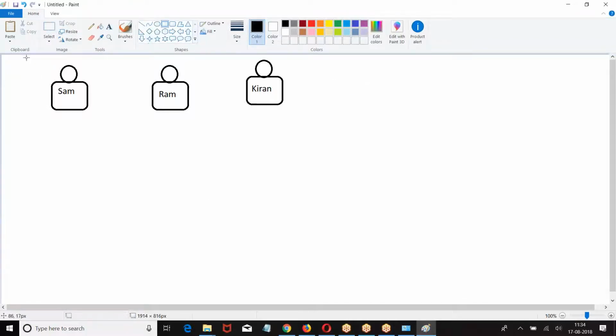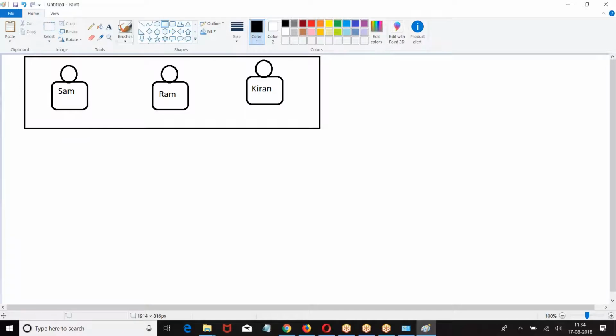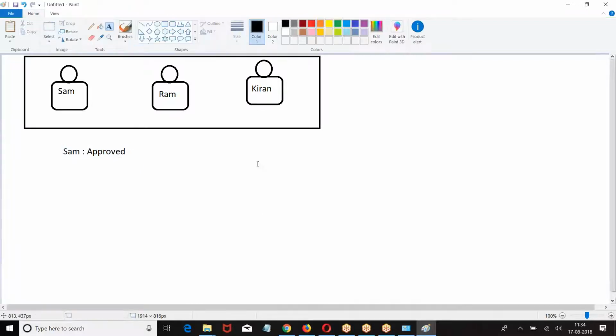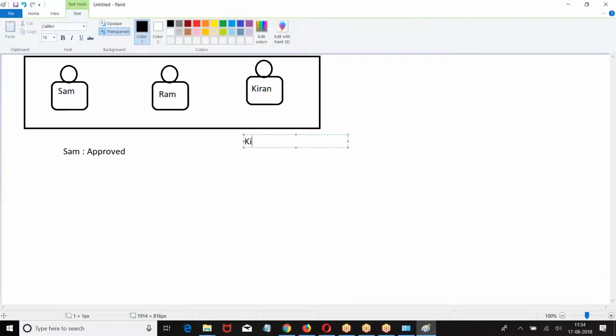Now I submitted the record to all the 3 people. When I submitted to all the 3 people, Sham gave the first reply. Who gave the first reply? Sham gave the first reply and told approved. Then automatically record is approved. Again I submitted the record. This time Kiran gave the first reply. He told rejected. Then the record is rejected.